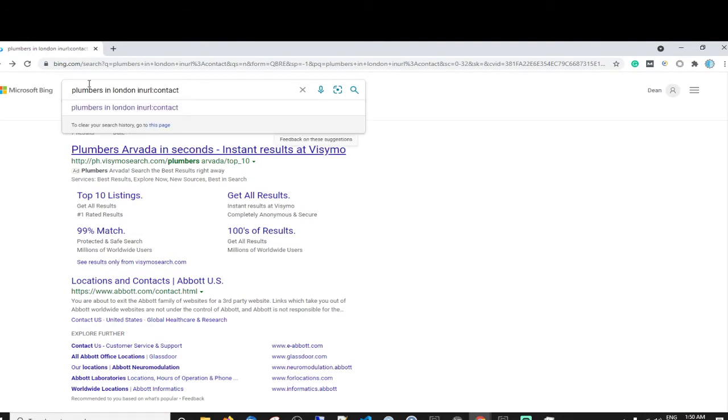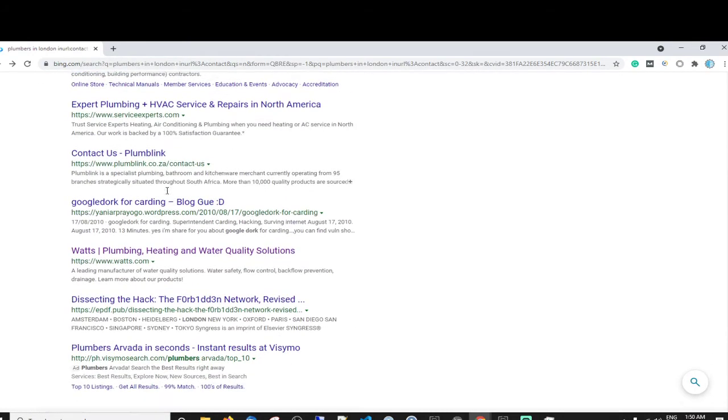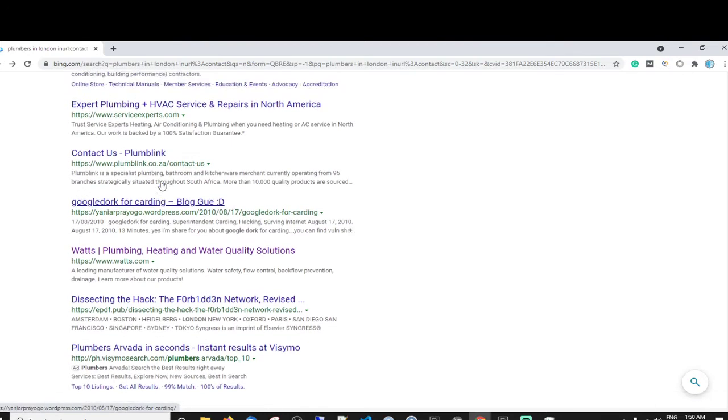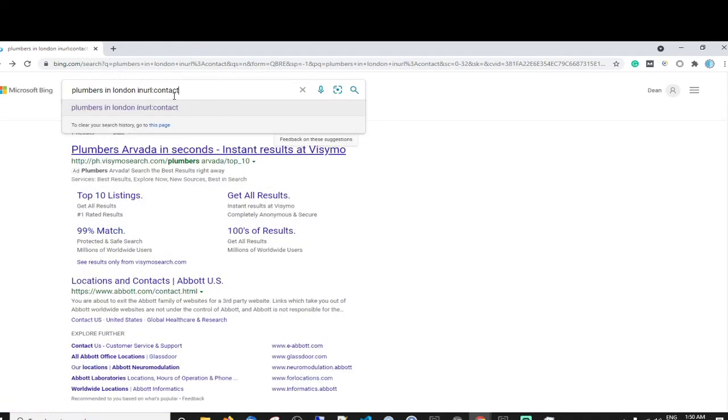I don't know why it's not working in Bing. Maybe they don't use that anymore. Who knows? That seems to be the case. Okay, so we are going to just build it out in Google straight away. Seems to be the way.